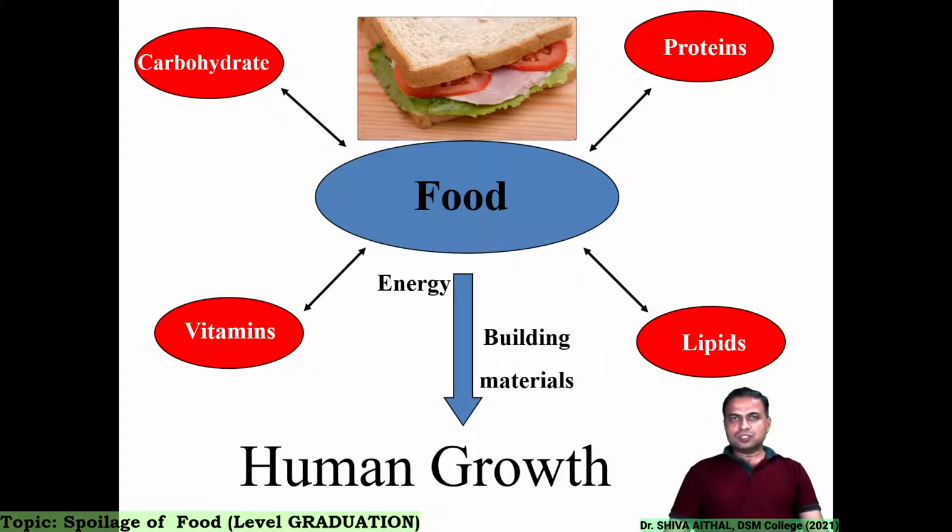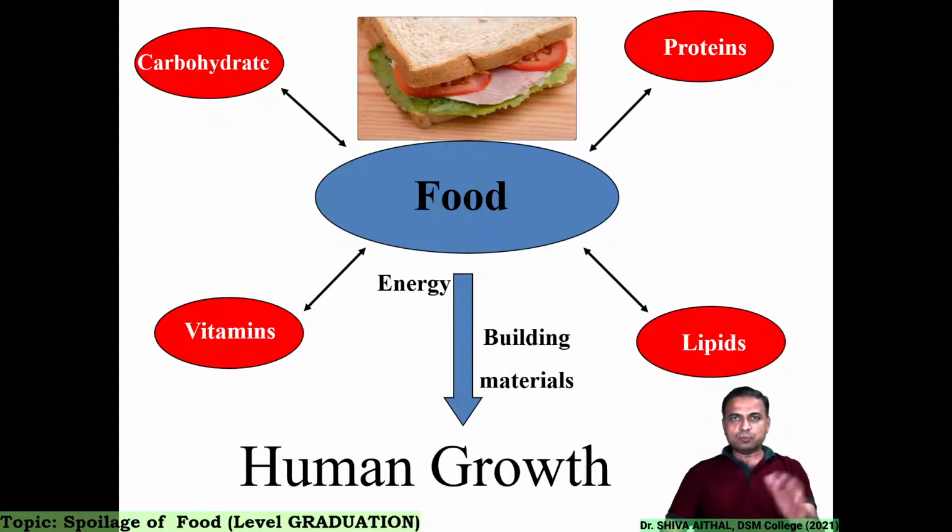Food contains majorly, we have seen, carbohydrates, proteins, vitamins, lipids, and all this in combination are metabolized by cells. The cells inside our body, the stomach cells, the intestinal cells, blood, wherever we metabolize the food into energy compounds, which become the building blocks and determinants for our growth. Similarly, when microorganisms are present in food, they also utilize these carbohydrates, proteins, lipids, and vitamins, and we have seen that by using this they can be beneficial when they are used for food production.